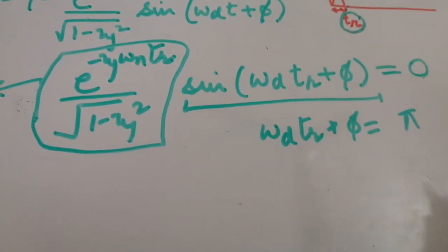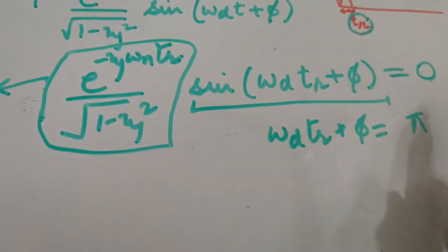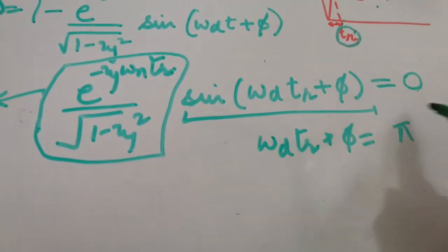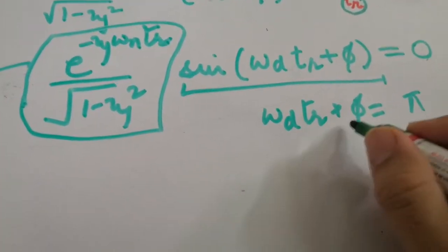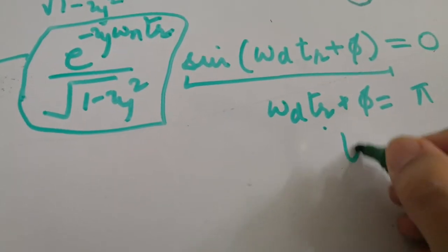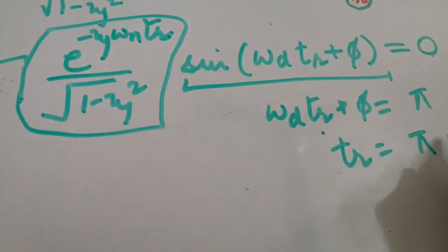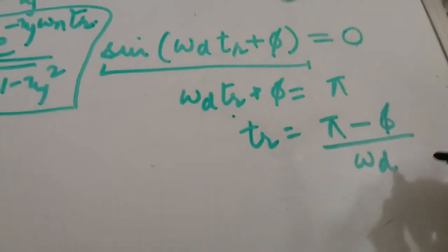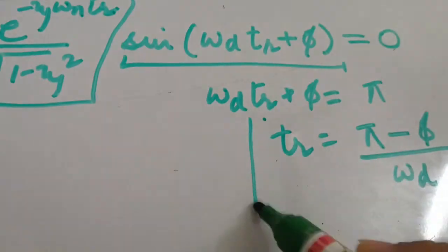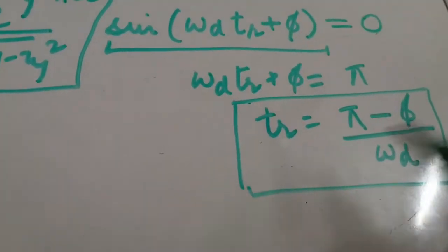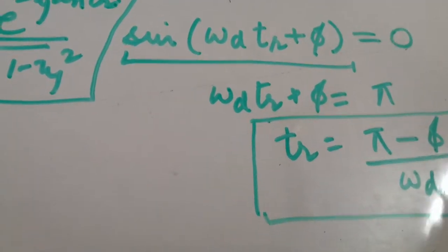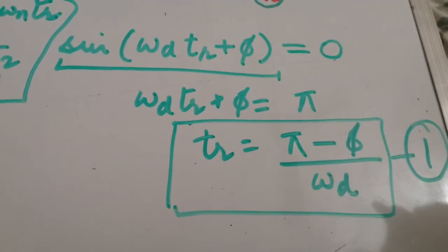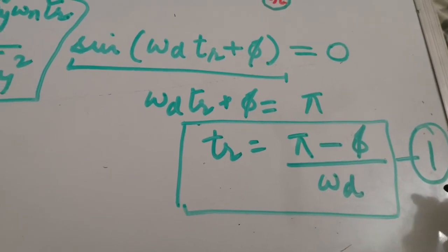We used to do that in plus 2 with trigonometric functions: sine equals 0 is going to give us the value of theta equals pi and so on. So now I am going to solve for the TR value. So this TR will become equal to pi minus phi divided by omega d. Just put it in a block and mark it as equation number 1, because this is our first important formula that we are going to start using from tomorrow in our